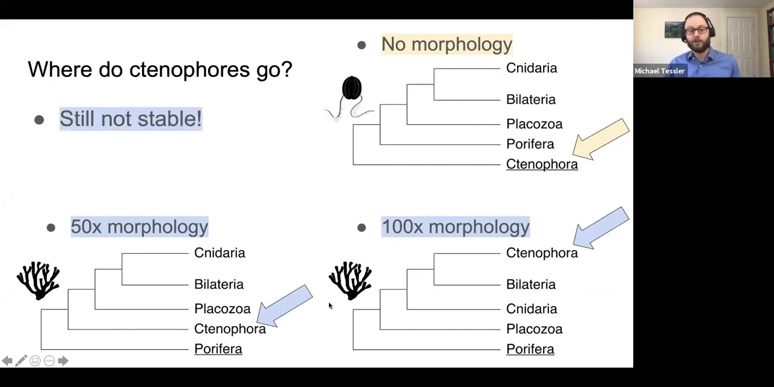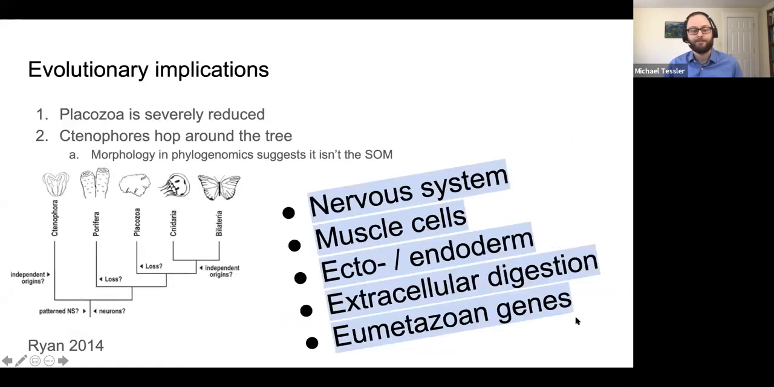So still not stable, right? Even ctenophores, not stable. Everything else is much more stable in our analyses. Ctenophores jump around. So again, evolutionary implications. Ctenophores hop around. We don't know what's going on. What we do seem to get is that in phylogenomics, adding morphology suggests ctenophores are not the SOM and that Placozoa probably is. Sorry, not Placozoa, Porifera, too many words with P's. Porifera, the sponges. We also find Placozoa is a more recently diverged group, kind of like it's being shown here, which means it's probably a severe reduction